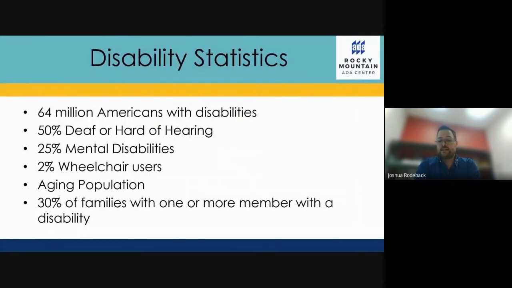So some of the statistics for disability. Now understand that these are the statistics we have based on information and based on people that are willing to disclose that they have a disability. So these numbers could increase or decrease, depending on who is willing and able to let us know that they have a disability. So 64 million Americans with disabilities, 50% are deaf or hard of hearing, 25% have mental disabilities, 2%